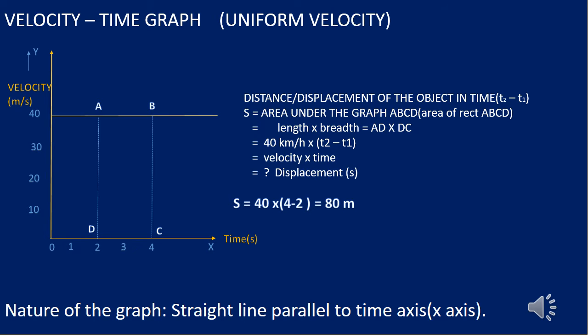So when we calculate it, let us see, that is the length will be 40 minus 0 and the breadth will be 4 minus 2. So when we multiply length into breadth, or length corresponds to velocity I said and breadth corresponds to time. So velocity into time. What is, children, velocity into time? Yeah, velocity into time is the displacement or the distance covered by the object. In that sense we can say. So velocity time graph is useful in calculating the distance or displacement covered by an object between a particular time interval. Hope, children, it is clear.